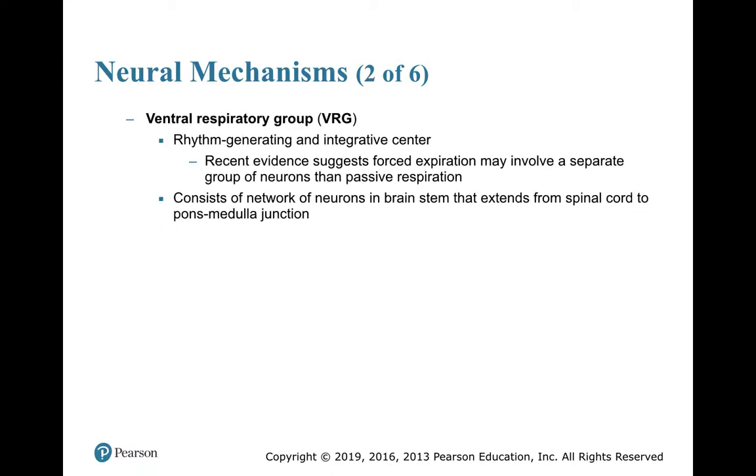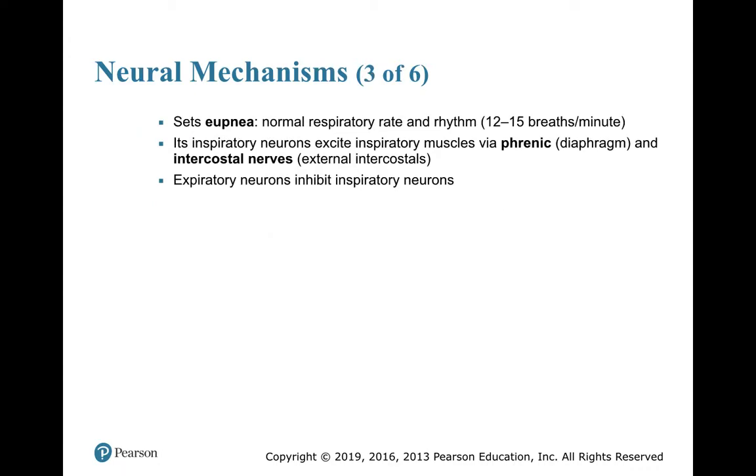The ventral respiratory group, VRG, is a rhythm-generating integrative center, and some recent evidence suggests that forced expiration involves a separate group of neurons compared to passive respiration. They consist of networks of neurons in the brainstem that extend from the spinal cord to the pons-medulla junction. They set eupnea, which is the normal respiratory rate and rhythm, typically about 12 to 15 breaths per